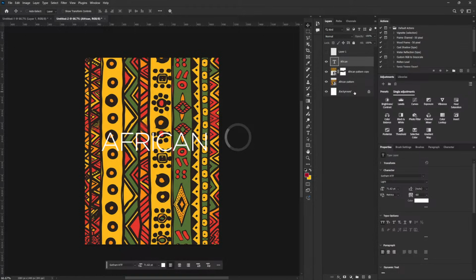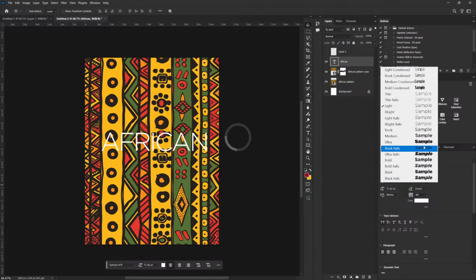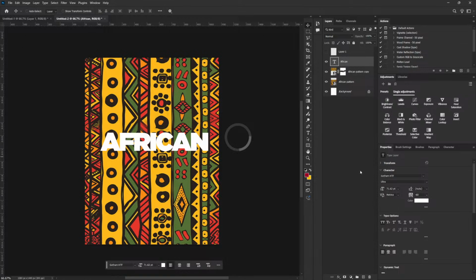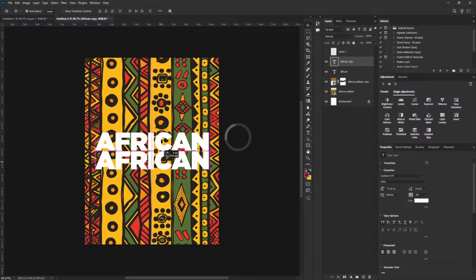And that's another thing you need to check. If your background is loaded with patterns, like there are too many things playing in the background, the type of character you have to use should not be a light character. The type of character you have to use should be something bold, like this. All right. So I'm going to add space between the characters. Yeah. And I'll make a copy of this. So I'm just going to call this African